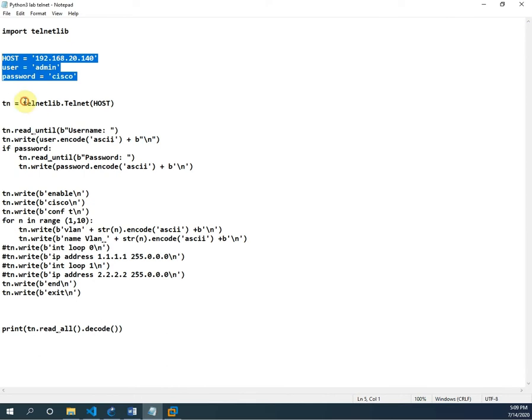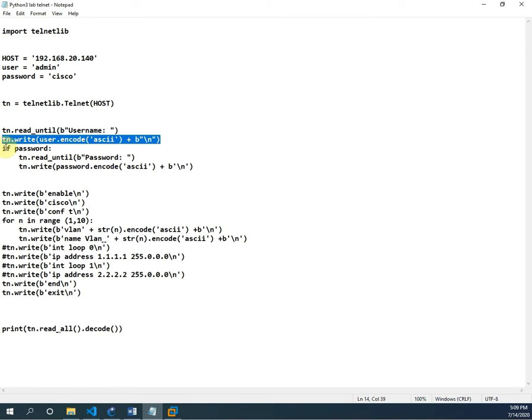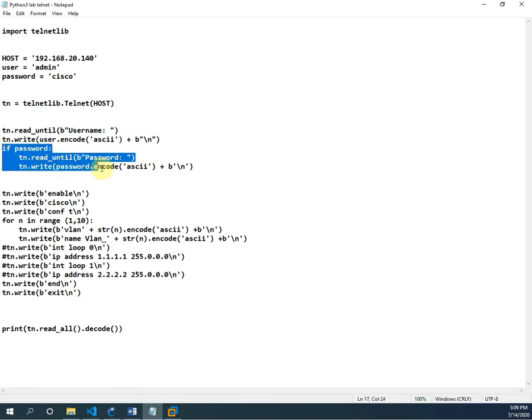Now we are calling all of the telnet library and storing it in the variable tn, and then we read and write using the tn variable. The new thing here we already discussed in our last video. The one new thing will be the loop. If it verifies the password and it is okay, then it will log into our router or switch, then it will enable, take the enable password, and after that it will write config t to go into global configuration mode.